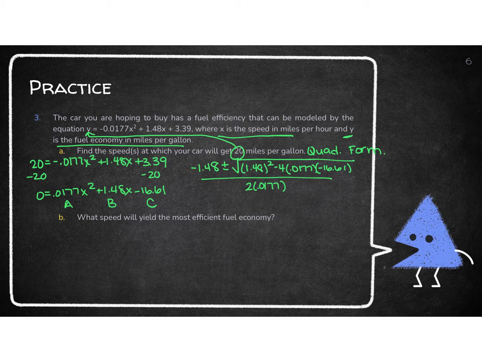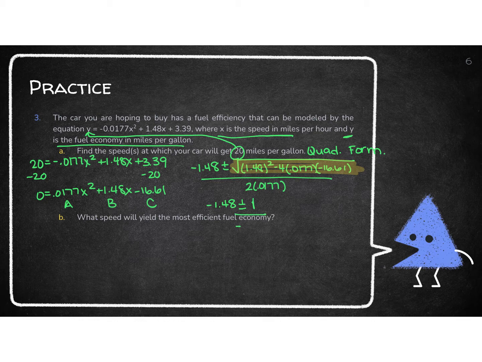I'm going to plug this whole thing, the square root and everything, into my calculator, and I'm going to get negative 1.48 plus or minus, when I plugged that whole thing in, I actually got about 1, all divided by